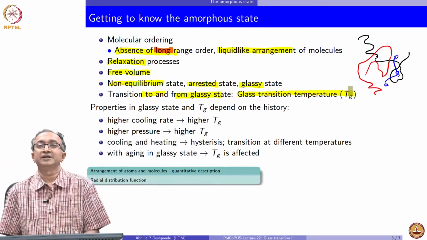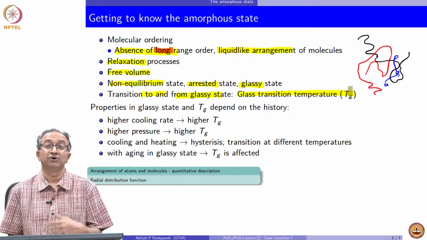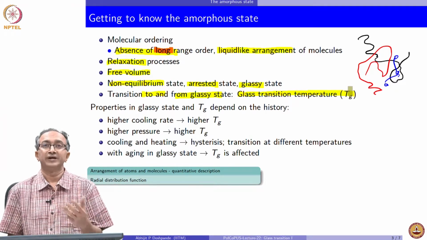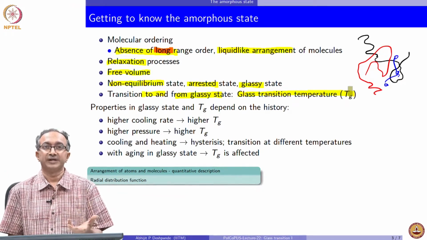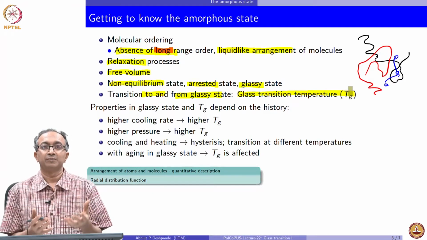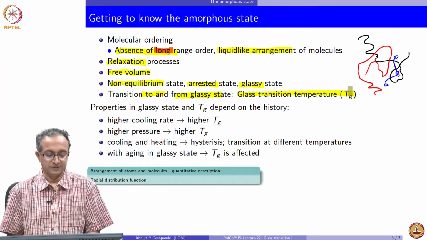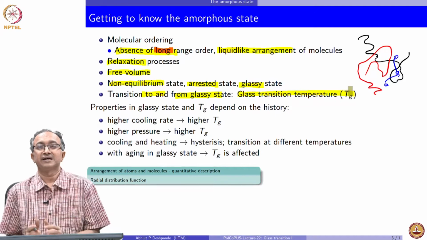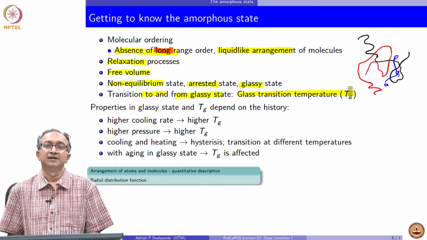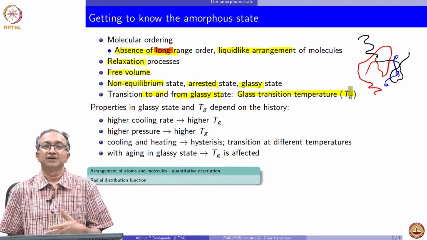So, therefore, there are many other molecules and atoms which also show this transition to a glassy or arrested or a non-equilibrium state, where the molecular changes do take place, but at a very, very slow rate. So, for all practical purposes, the material appears to be solid-like, however, it has a liquid-like arrangement as well as relaxation processes which are still possible. So, the consequence of glassy state being this non-equilibrium state, the observation of glass transition also therefore depends on various